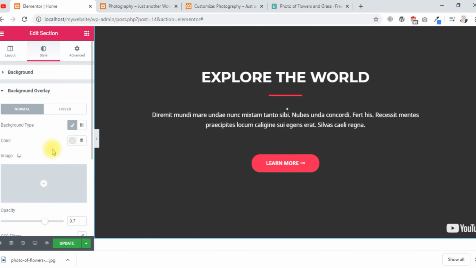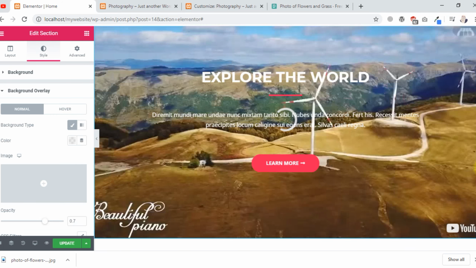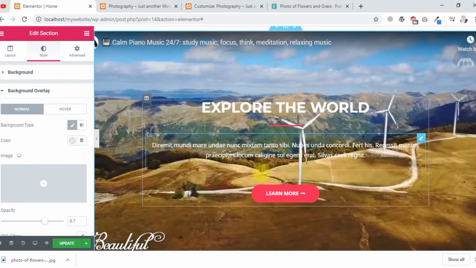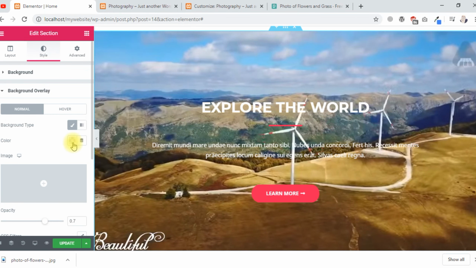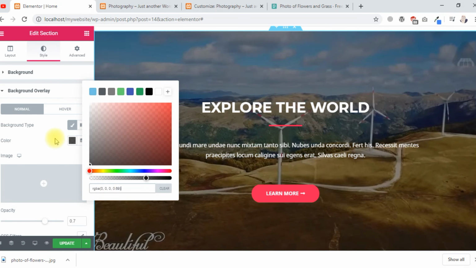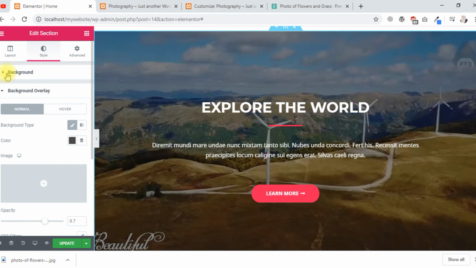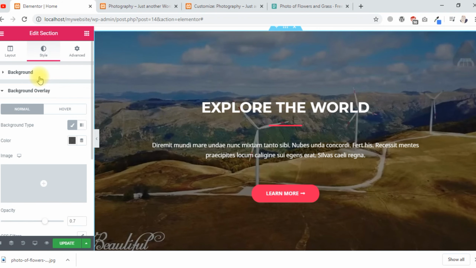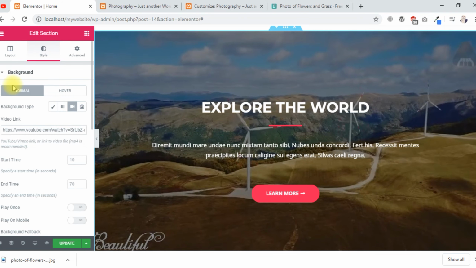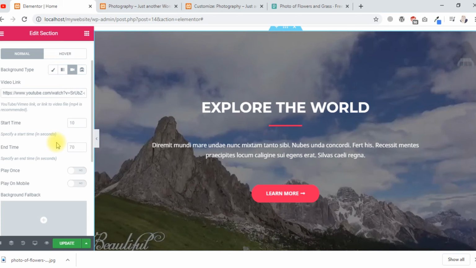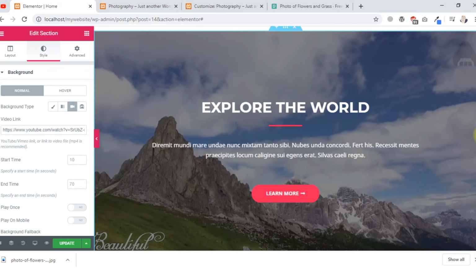How will the video look then? I think it will look more clear, but the text doesn't look clear, so there must be an overlay. Okay, and after that you can see a beautiful video is playing